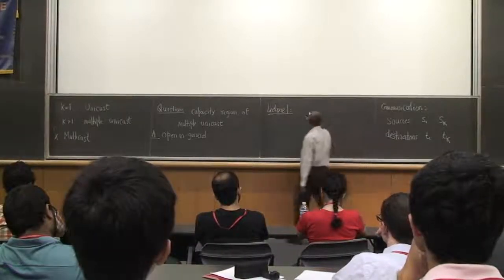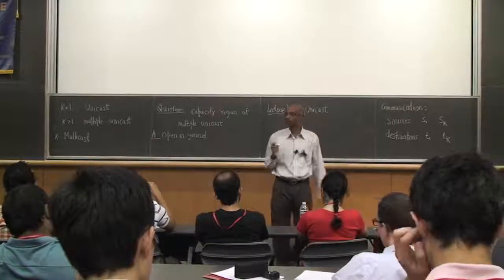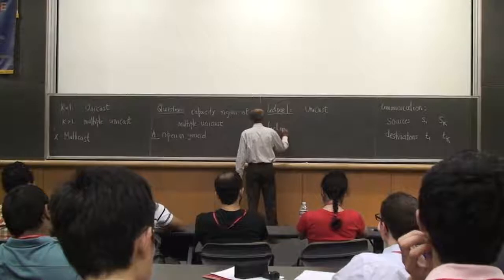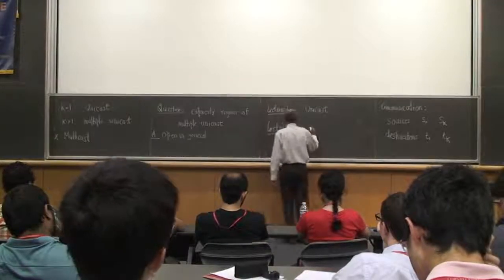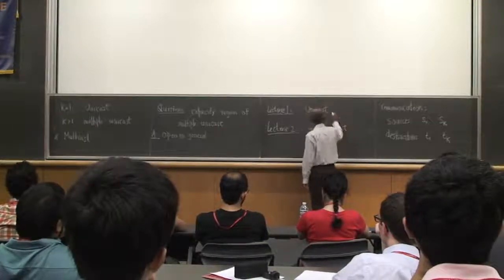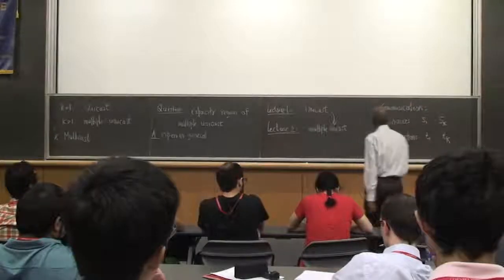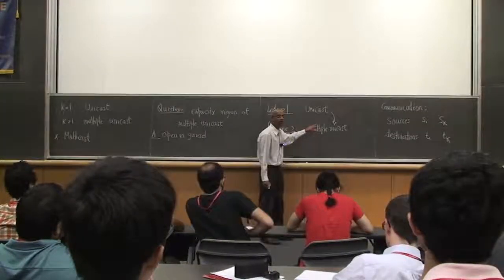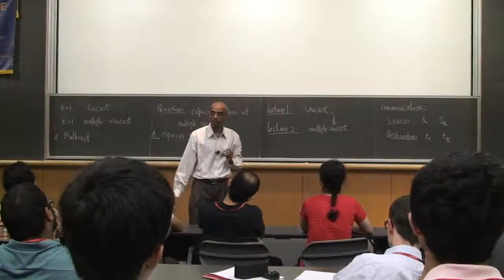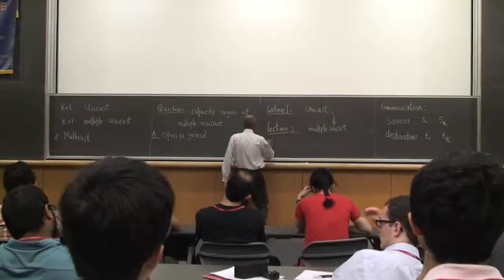Lecture 1, we'll look at Unicast, where actually everything is known, both for directed and undirected graphs. In lecture 2, we'll look at multiple unicast, how one might extend the understanding from unicast towards multiple unicast. We won't have as crisp an answer as in unicast, but we'll develop quite a bit of the machinery. If the unicast is solved in the right way, quite a bit of the machinery can be directly adapted. So we'll do that. And lecture 3,